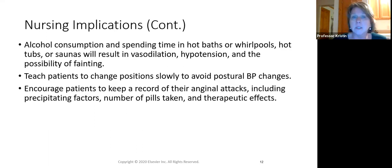So alcohol consumption and spending time in hot baths or whirlpools, hot tubs or saunas will result in vasodilation. If we're in a hot tub, a whirlpool, a sauna, anything that's hot or warm, it's going to vasodilate us naturally. And if we drink alcohol, it's a vasodilator. So if we're doing any of these things, we have to be very careful when we give these